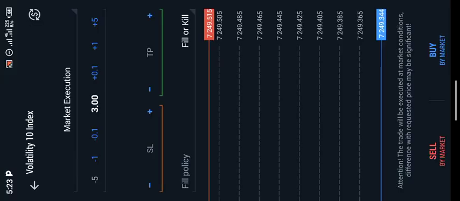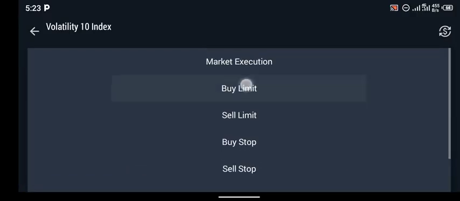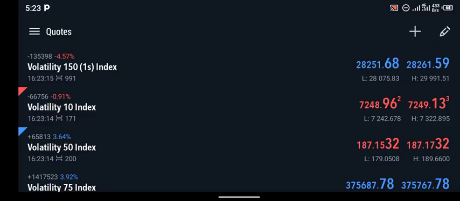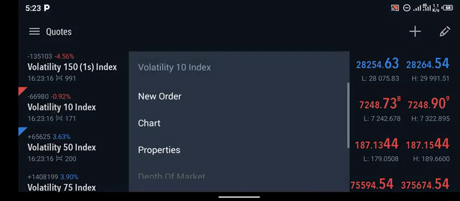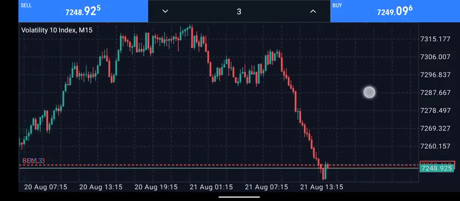Click your new orders. Now remember I've already explained market execution, sell or buy as the case may be. Now let's look at buy limits. Buy limit is actually different from market execution. This is how you set your buy limits. Now let's go to our chart. Buy limits means that